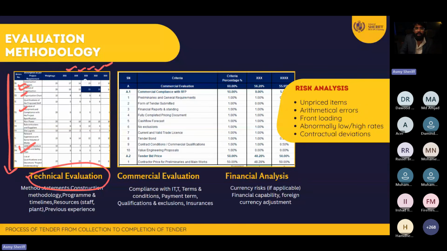I'm going to allocate a total of 200 points. For each and every contractor, I'm going to check their documents and put my maximum rating as well as marks for each item. And at the end, I will come to know who is the best bidder. Maybe this bidder is rank number 1, this one rank number 2, and this one rank number 3. For every bidder, I'm going to put the ranking